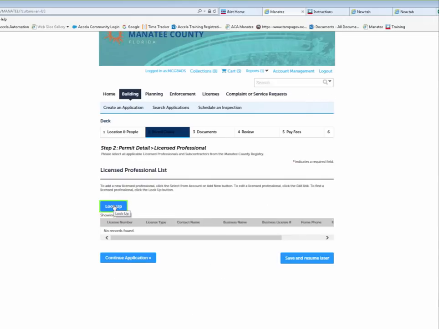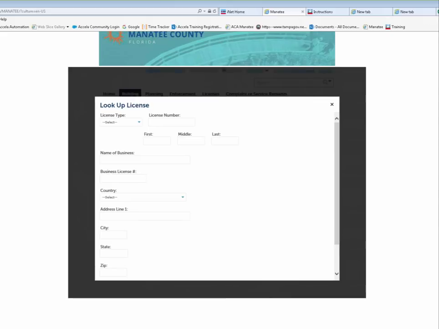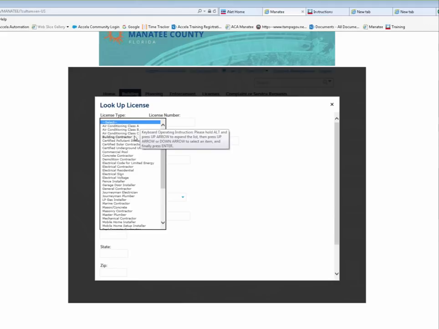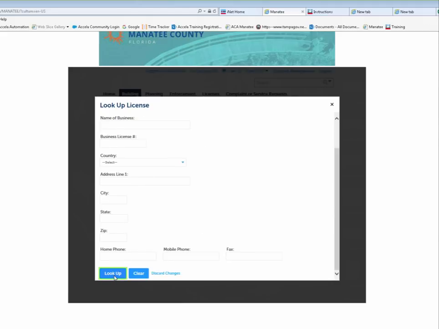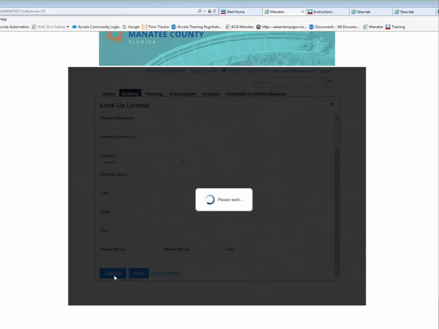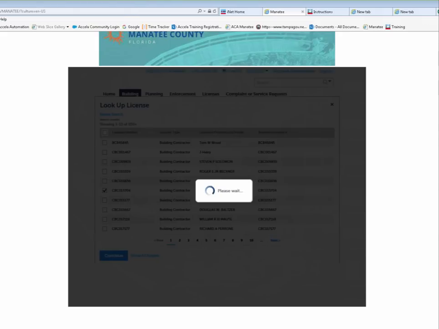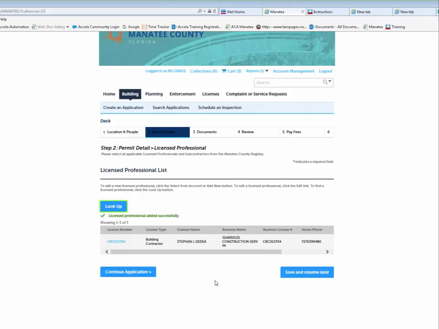Next, you will get to the area where you can add your contractors, either your general contractor or your subcontractors. So the easiest way to do this is go ahead and look up. You are able to, by license type, go ahead and search for them. When all the licensed professionals have been added, you can click Continue Application,